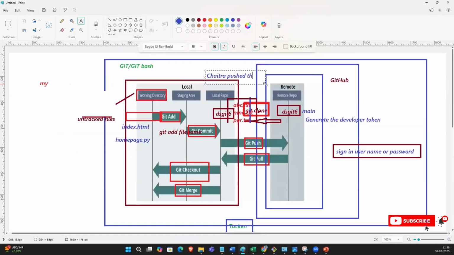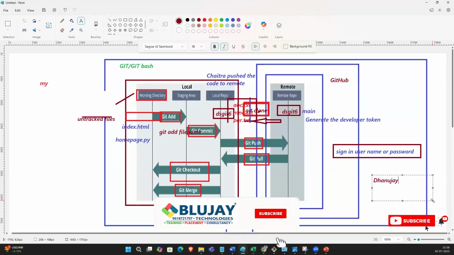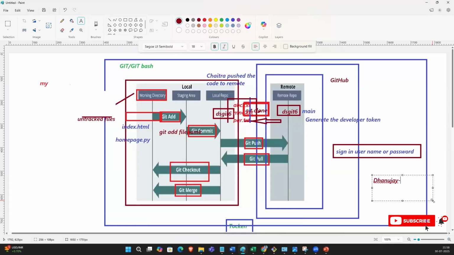Chaitra pushed the code to the remote repository. In the same way, Dhananjay is also there. So Dhananjay pushed the code